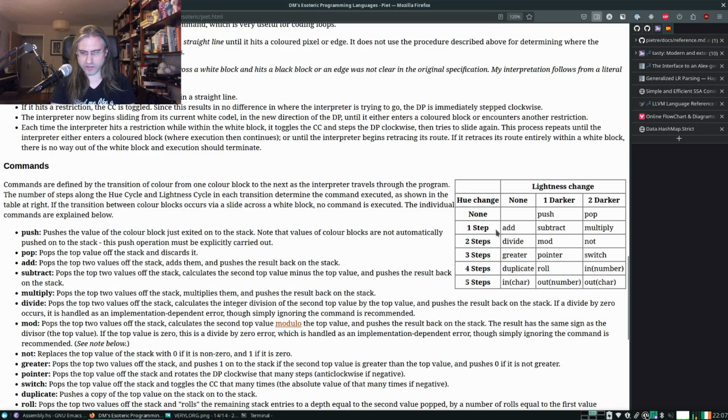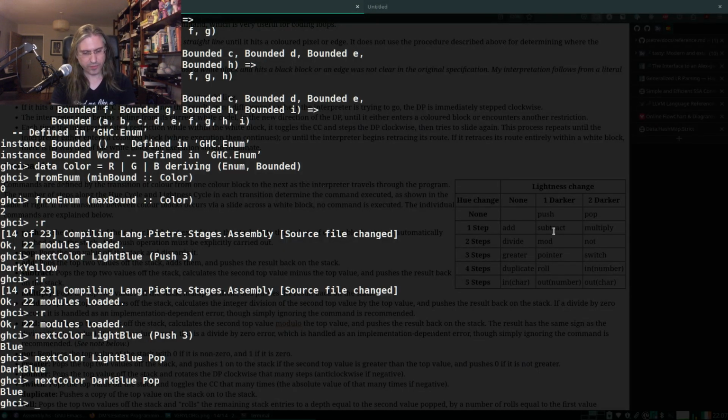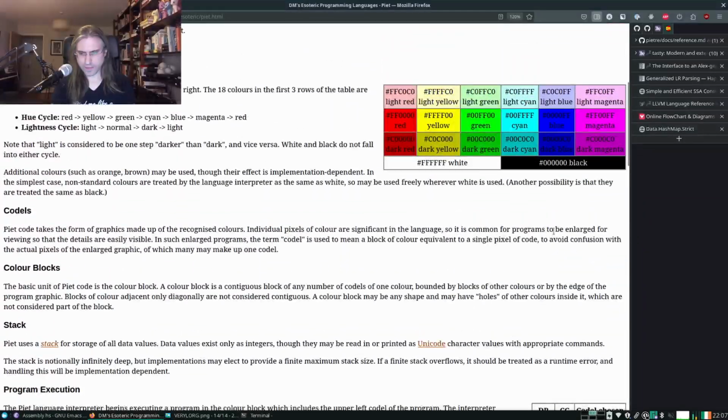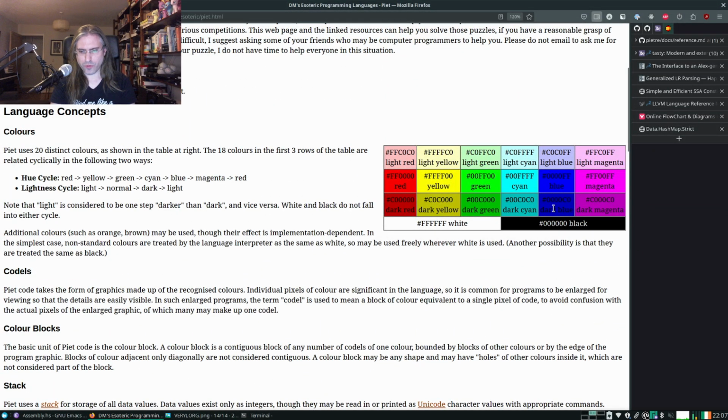Let's try one step in hue, one step in light is subtract. So if I do after a dark blue a subtract, I get light magenta. Is that correct? After dark blue, we've moved 1 and 1. We get light magenta.